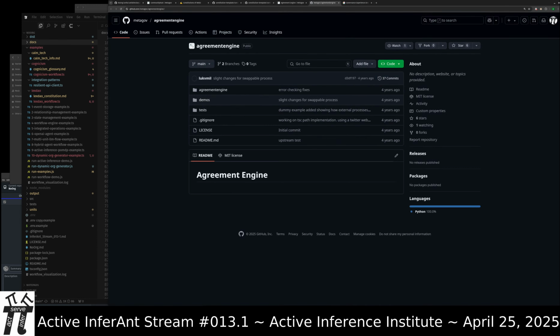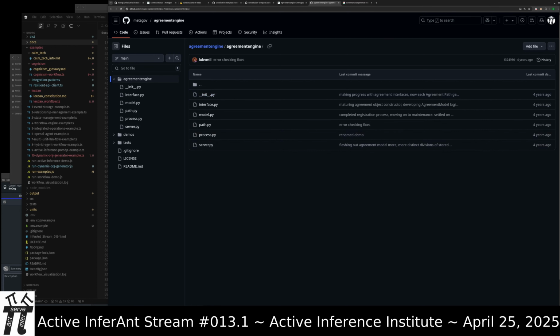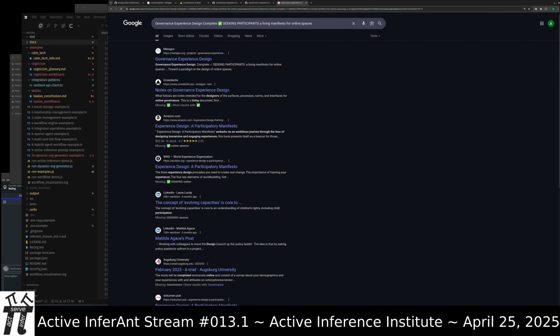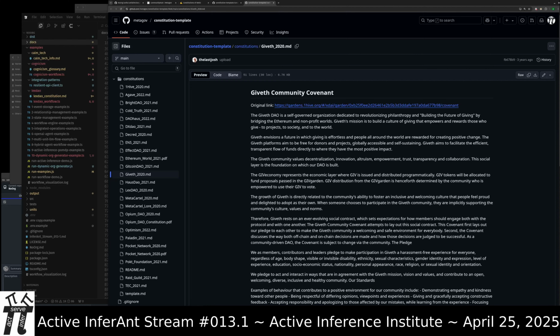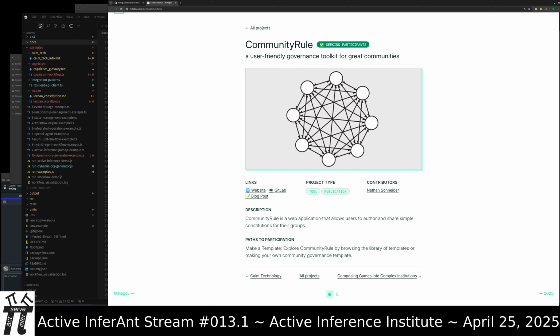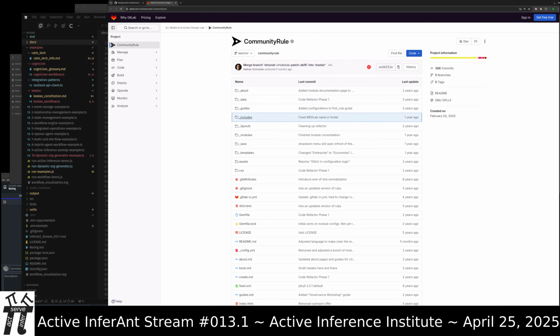More of a focus on agreements. Looks like it hasn't been updated in a couple of years. But similar concept, different kinds of organizational flows, and could be revisited in R5 era. Community rule, similarly, could be brought into play.